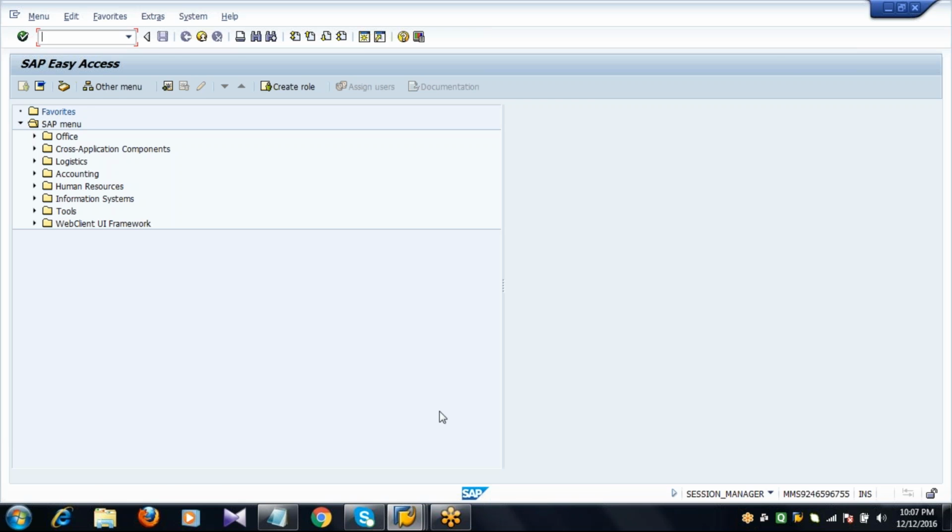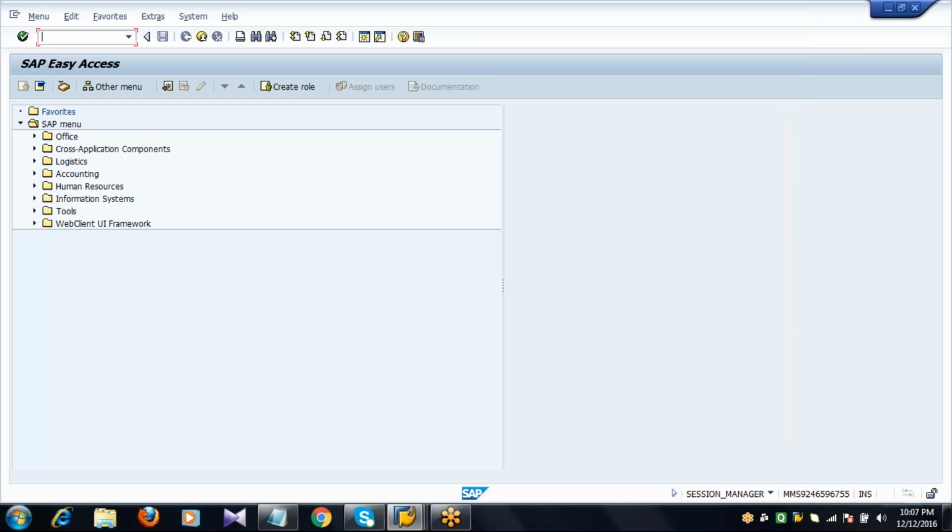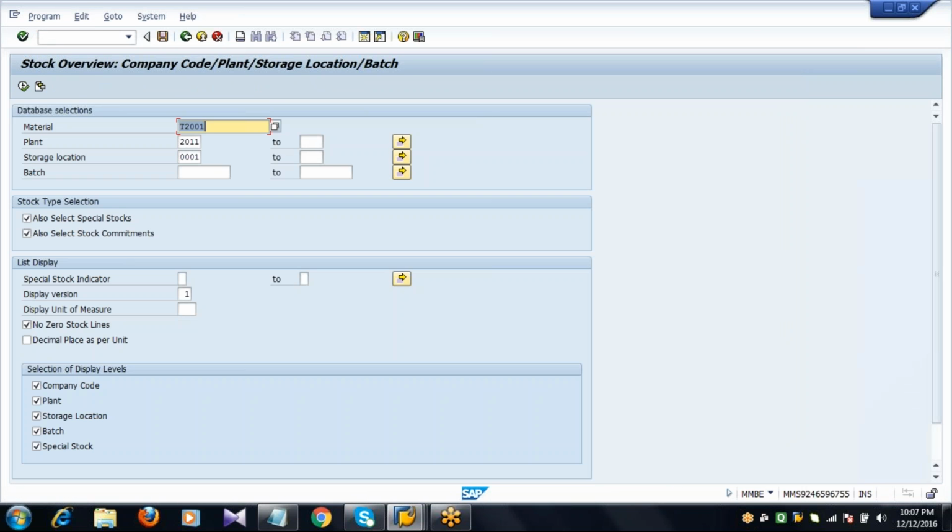Next, whenever you want to see the stock of a particular material, we have just seen this transaction code, MMBE, stock overview. Whatever the material may be, enter the material, plant and storage location. If you want to see the stock, we need to go to the transaction code MMBE.